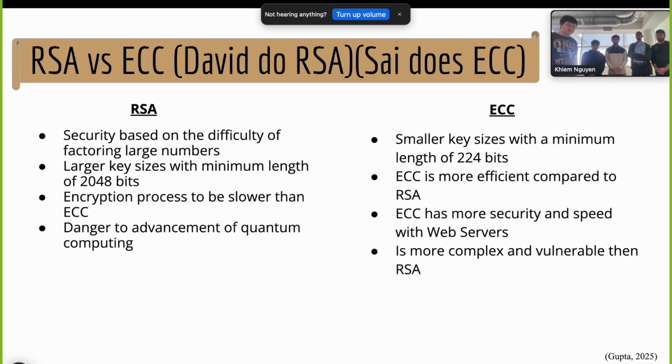Like Bashesh said, the ECC uses smaller key sizes. With a minimum length of 224 bits, the ECC would provide the same cryptographic strength as an RSA key would at 2048 bits. With those smaller key sizes, the device would require less processing power to encrypt and decrypt the data, and this allows the ECC to be more efficient compared to the RSA. And another advantage that the ECC has over the RSA is the fact that over the web servers,